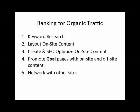And then finally, once you get that article to the top of the search engines, you want to continue to network with other businesses, with your customers, with hobbyists. It's a continuous process to network with other businesses and continue to get links so that those pages that you've spent so much time and effort ranking stay at the top of the search engines. So I mentioned